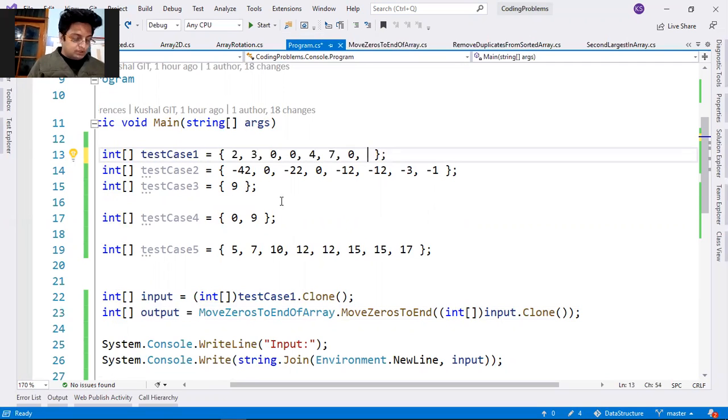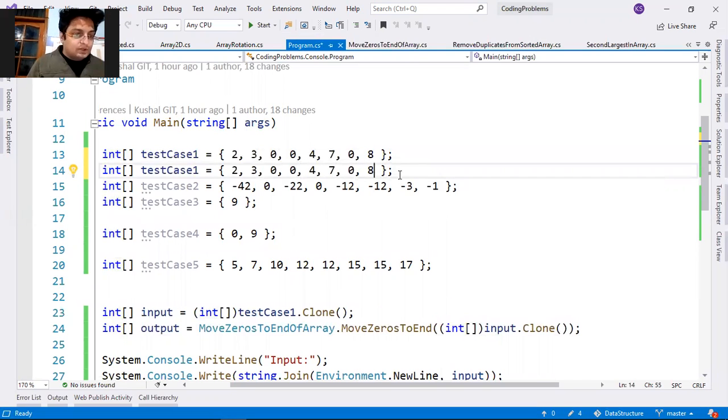Let me create a new test case. So let this be the same. Let me create a use case where I will put 0 at the end, and let me call it index 2, test case 2. This I will not debug, obviously. Oh, already 2 is there.